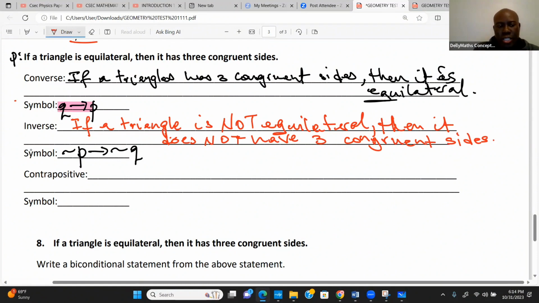So we're going to switch. So we're going to have if Q, then P, but it's going to be the negation of it, which we're going to put the not. So technically, if I negate my converse, I will get my contrapositive. So it's like writing my converse and I'm going to negate it. So I'm going to have